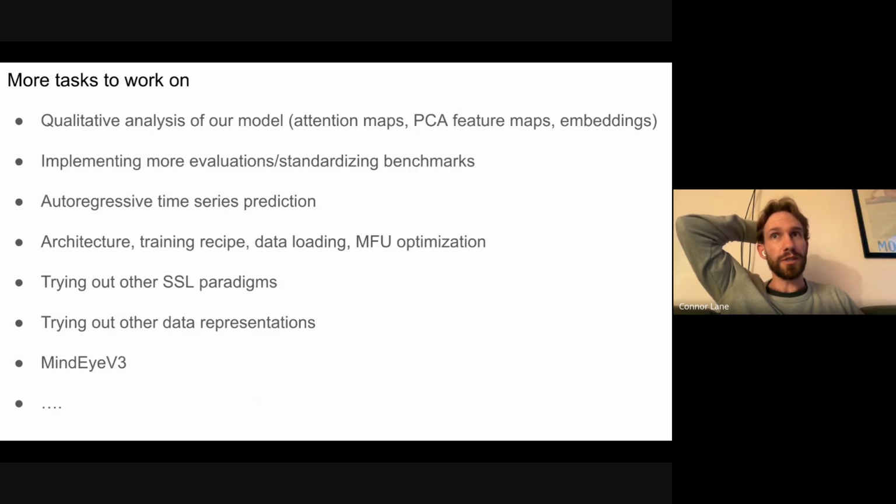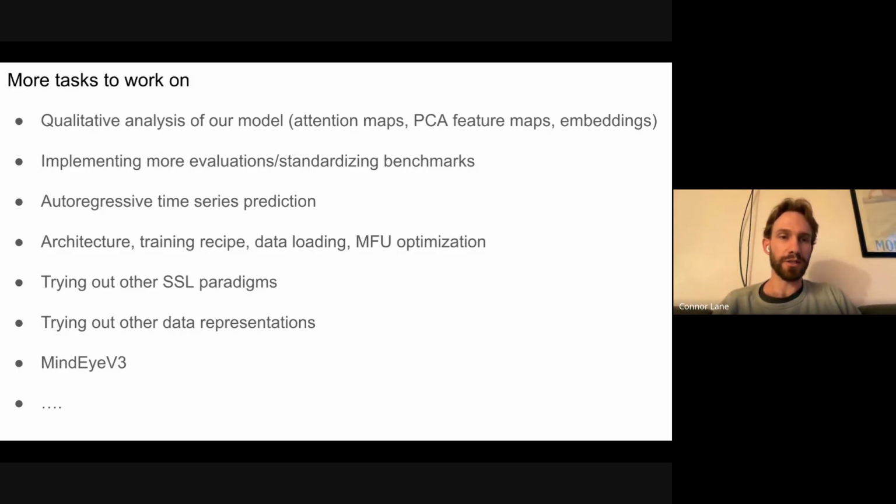And then we also want to make some effort toward standardizing benchmarks, or at least help the field move towards more standardized benchmarks to address this issue of incomparability across works. And then there's a bunch of other things we want to do as well. I'm not going to go into each one of these bullets, but there's enough stuff to work on. We're going to be working on this for a while. There's plenty to do.